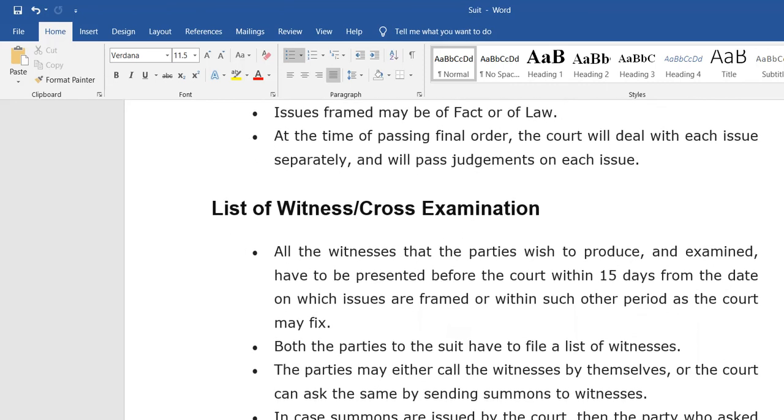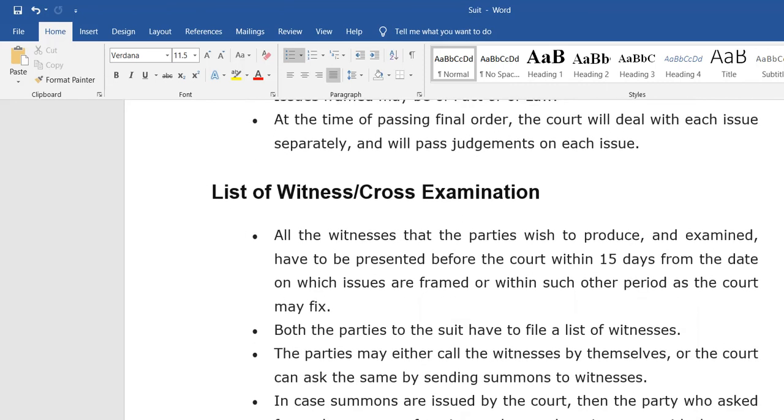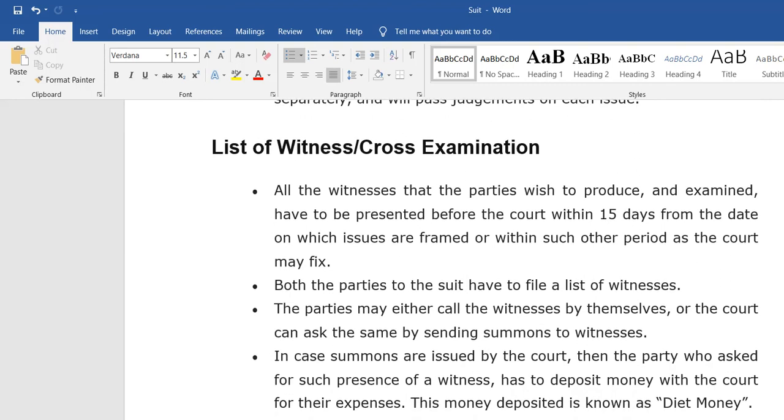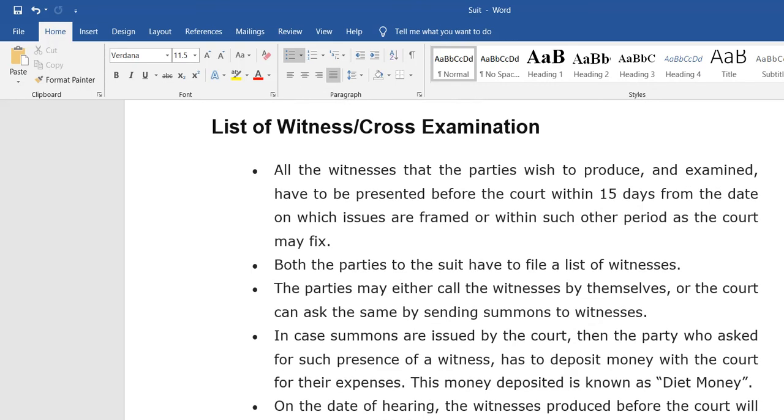So how should the witness and cross examinations happen? For example, the plaintiff has one witness and the defendant has one witness. The minimum number of witnesses is one. All the witnesses that the parties wish to produce and examine have to be presented before the court within 15 days from the date on which issues are framed, or within such other period as the court may fix.